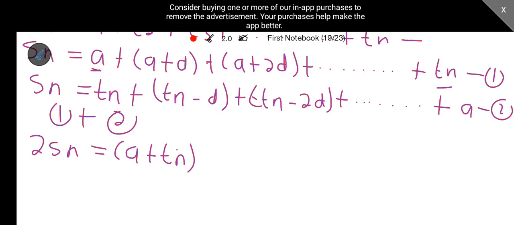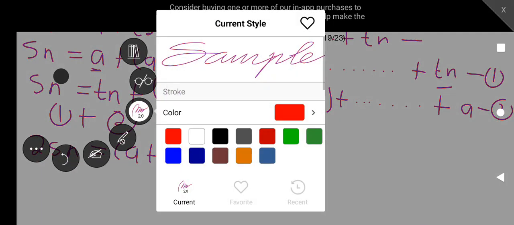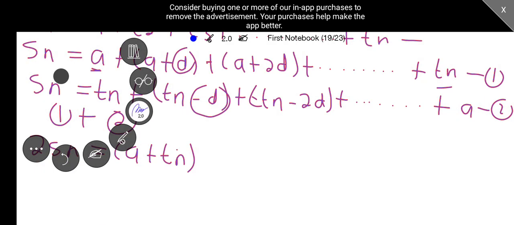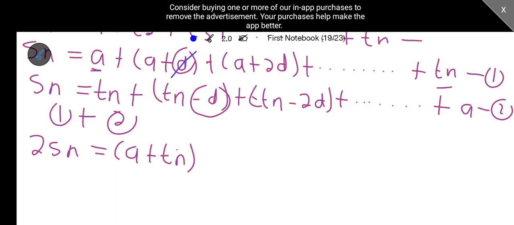If we add the negative d and the positive d, note that they will cancel each other. This means that this one here will cancel this one. This one will cancel this one. And they will go further, the others here which will cancel each other. And at the end, we have A plus Tn,